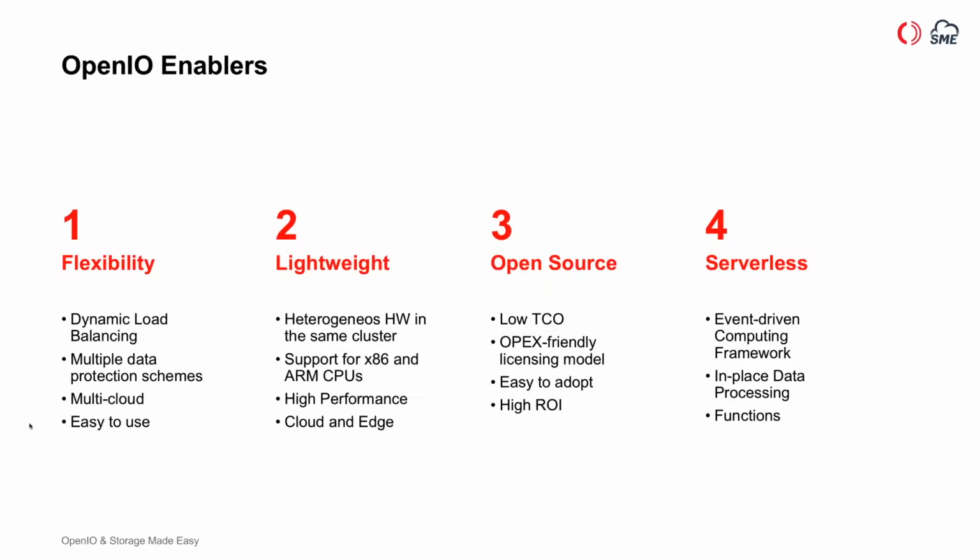So just to recap a little bit of what I said. First of all, flexibility. OpenIO is a very flexible object store because of its dynamic load balancing capabilities. It supports multiple data protection schemes. It means that we can start with a minimal configuration of 3 copies, but we support erasure coding. And we also support